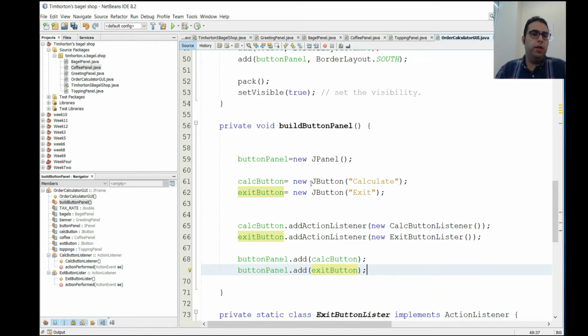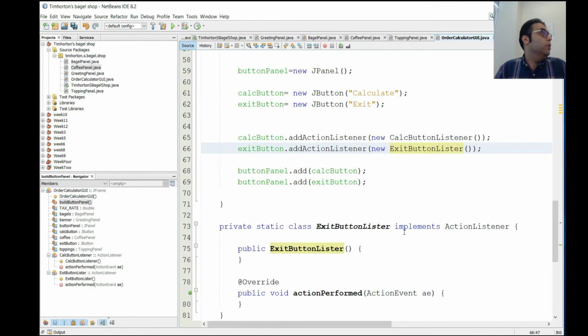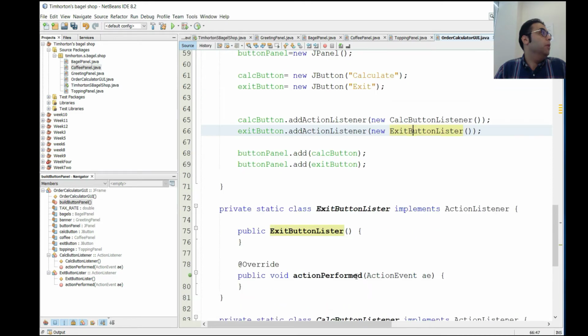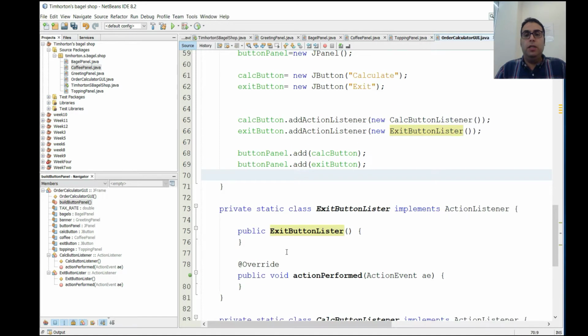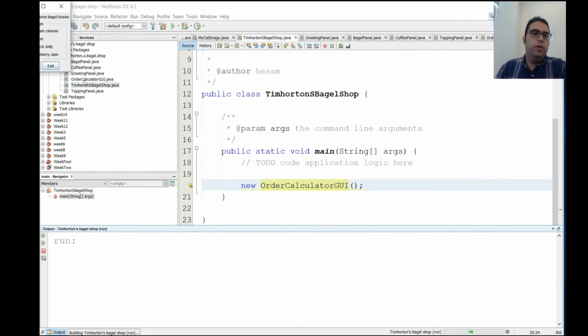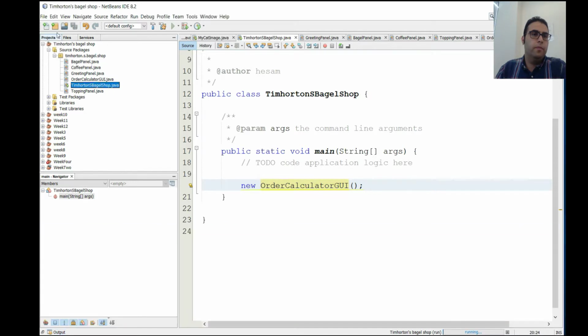Okay, so what I did is I create the panel, create these two buttons, give them the action listener to do something, and there's two classes for that, which I'm gonna fill up in a second on the bottom, and then we add those to the panel. So this is ready to go. So that should fix our problem. So here we go. If you run it from the main, you can see you have your